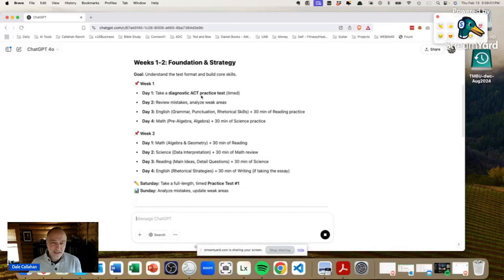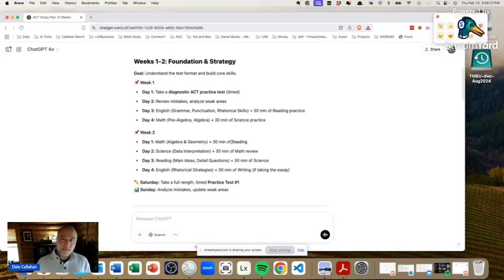Day 1, take a diagnostic test. So what it's saying is go out, take one of these diagnostic tests. I don't have it in front of me, but there's, buy one of those big old fat ACT books. When you buy those giant ACT books, they're daunting in themselves, but you can turn to it, take a diagnostic test, time yourself, boom. Now you got a landmark. This is where you are. Reviewing the mistakes and analyzing weak areas. And then it's pointing out day 3, we want to work on English and grammar. Day 4, we want to work on math. We go into